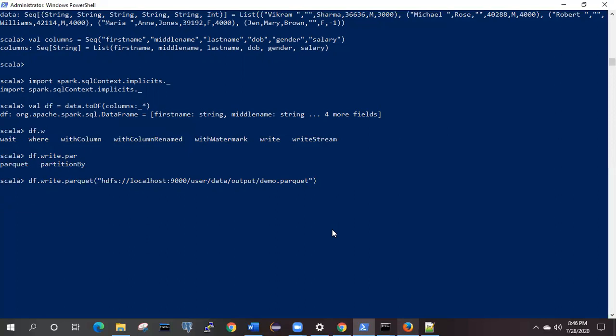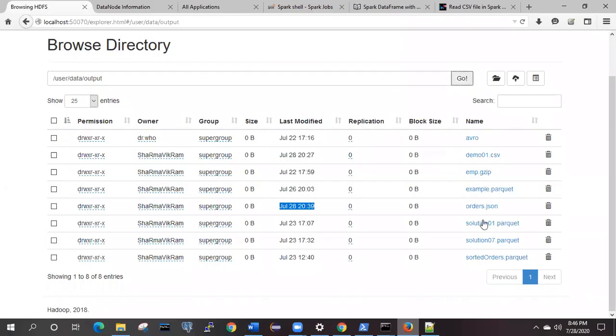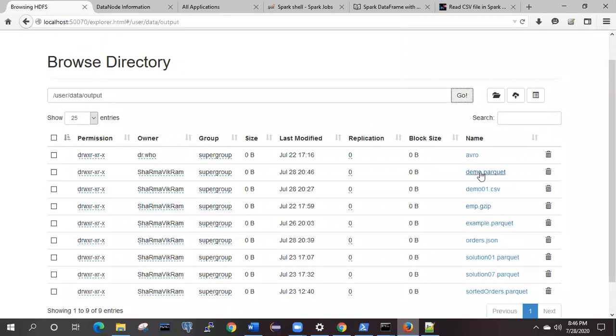You can give any name. So demo.parquet will be the file which will be present at HDFS once it reads this data and writes over there. Here we'll refresh it and we will see demo.parquet.